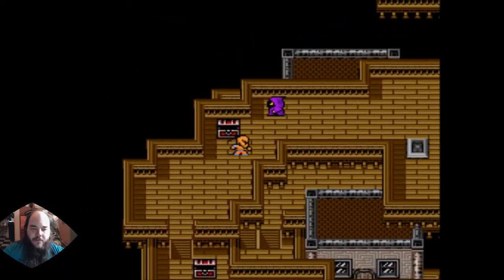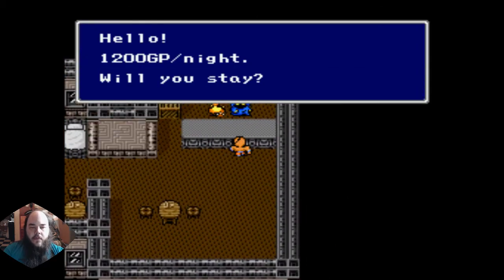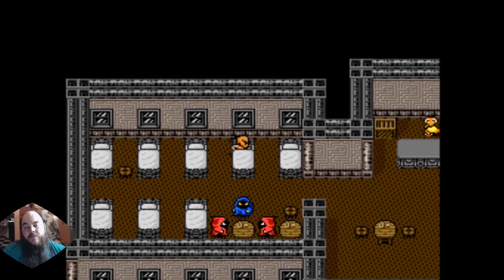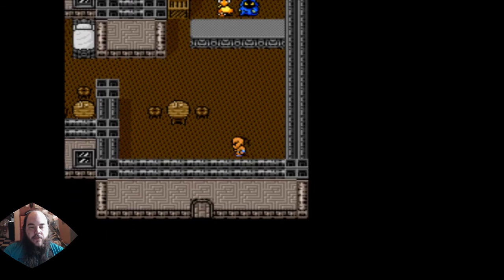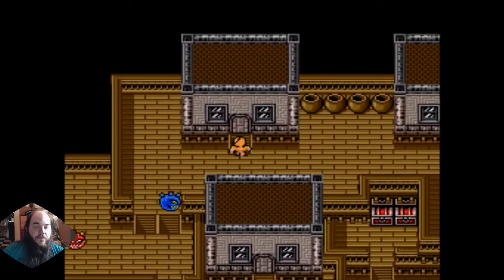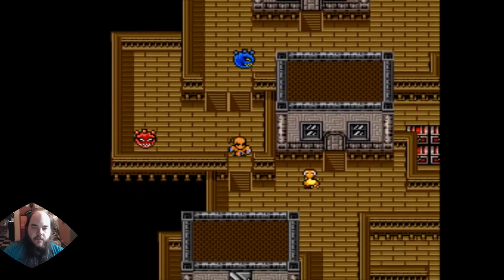I'm probably going to use an inn or a cabin after I get there, though. Probably the inn. Save. And let's see what's up with this fight. By that I mean let's see if we can actually do this fight, because...